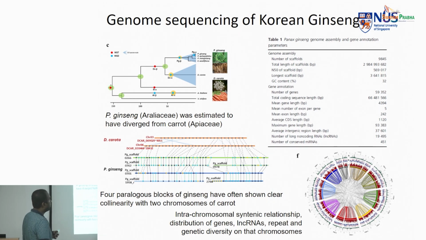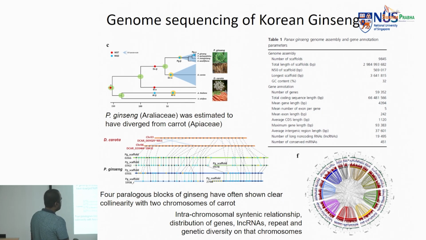When we compared multiple genome sequences we had for other plants, we were able to relate it and trace back to carrots. And the genome synteny plot that you see here is the base pair level similarity among multiple scaffolds. Each line shows a scaffold in the Panax ginseng, and this shows a chromosome in the carrot assembly. You could see that they share very good synteny, meaning similarity at the base pair level. And there is also intermixing which happened at the chromosomal level.